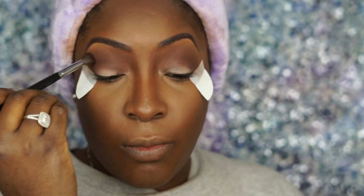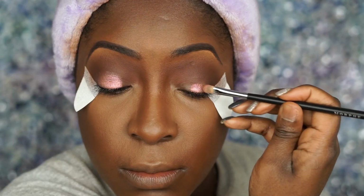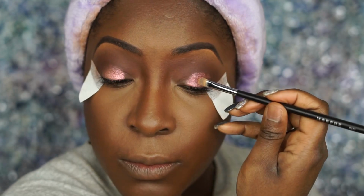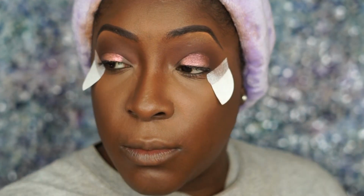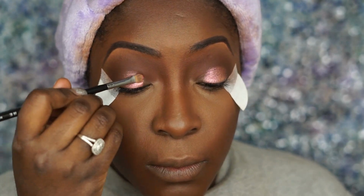Now for the lid color Zone, I would recommend spritzing your brush with water or Fix Plus. The shadow does have a lot of fallout. It kind of seems like a twist between shadow and pressed pigment, so I do feel while wetting the brush you may get